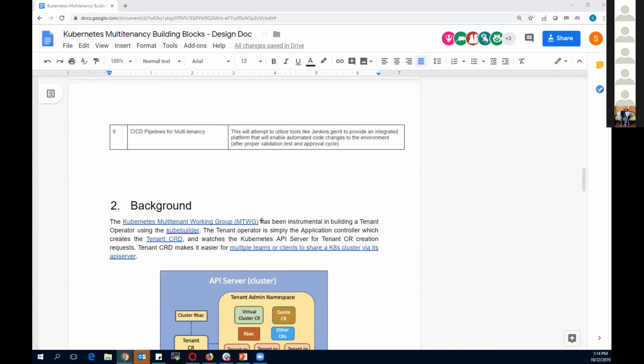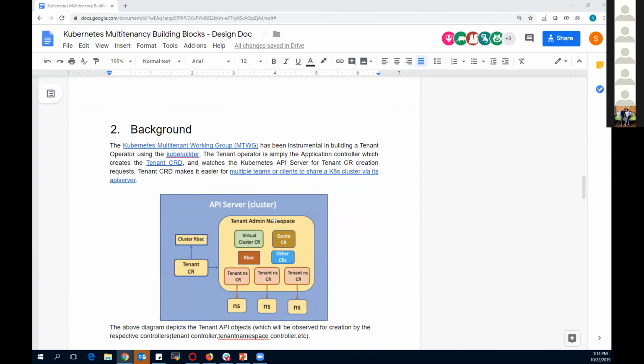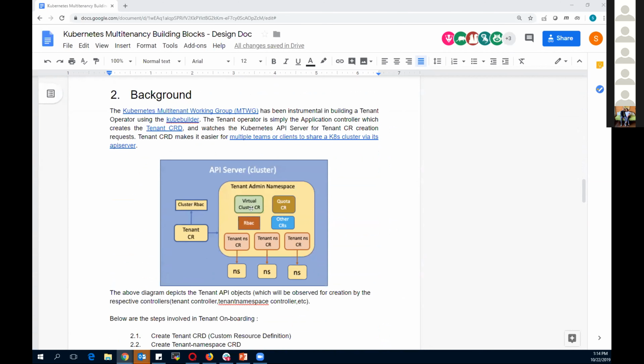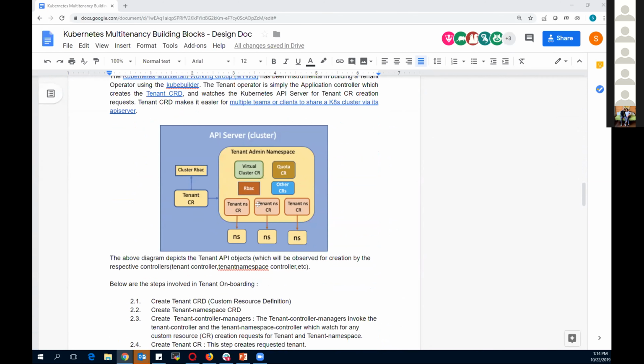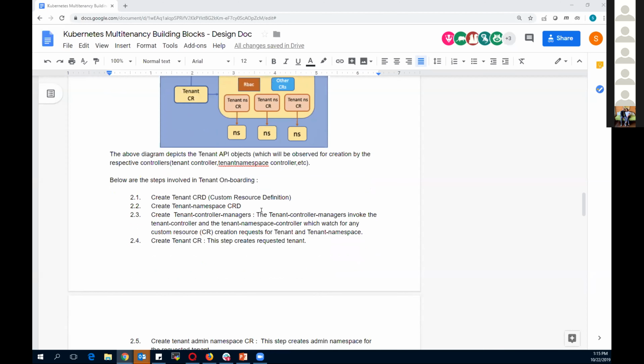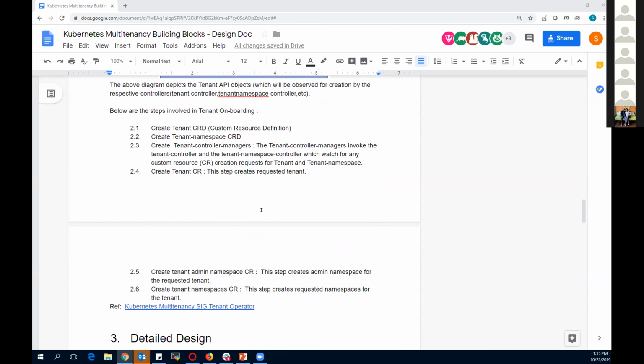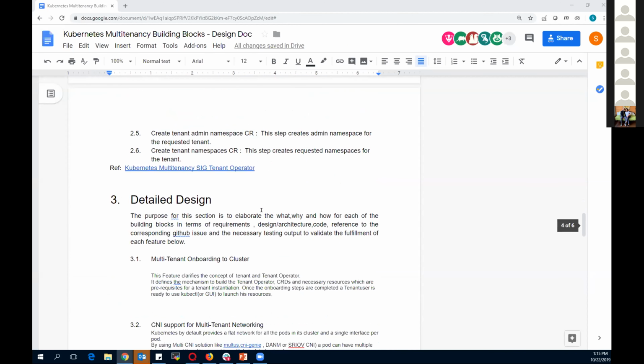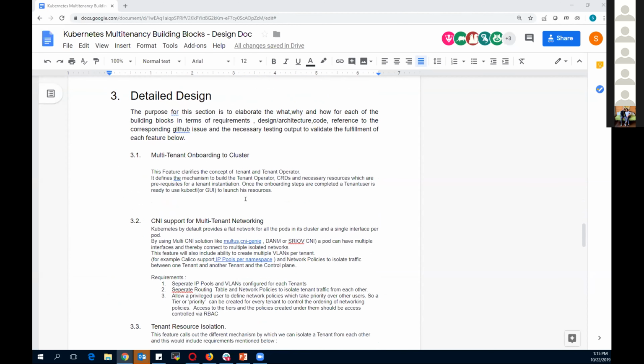And in section 2, we have the background. I will not go through this because it is already known to us, like how we are using the tenant CRD and tenant admin namespace, and just some of the steps that I did using our multi-tenancy documentation. So I just thought of putting it as a background. And the most important section is this detailed design.